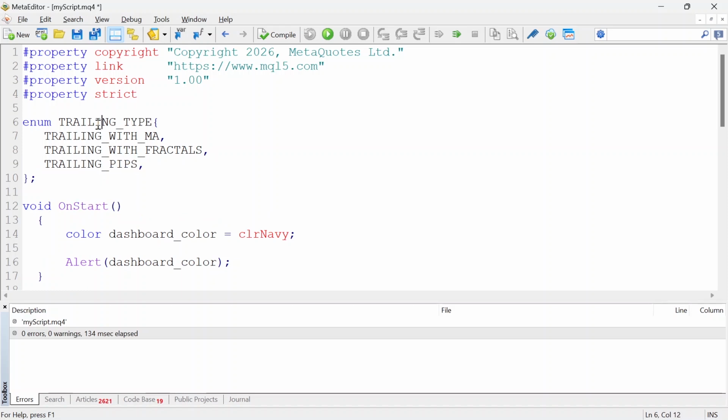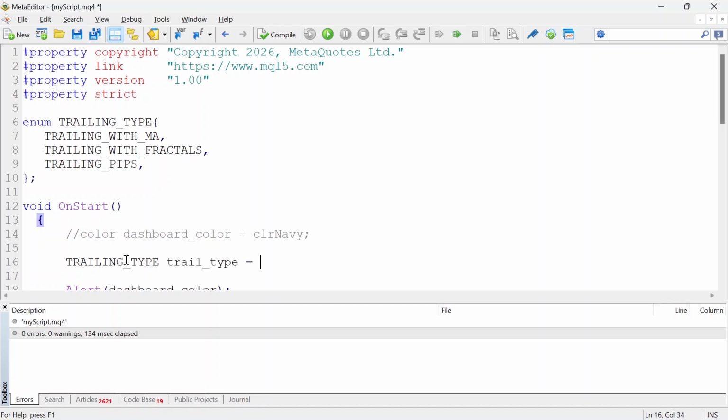Automatically, by doing this, you have defined a new data type, which is of data type enum. So instead of saying color of this, blah blah blah, let me comment this out. Now you can just say this particular enum, and automatically this is now serving as your data type. Then you need to specify a variable. So you can simply say maybe trail type